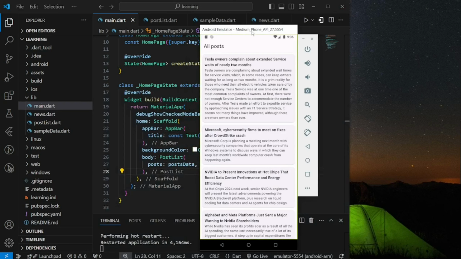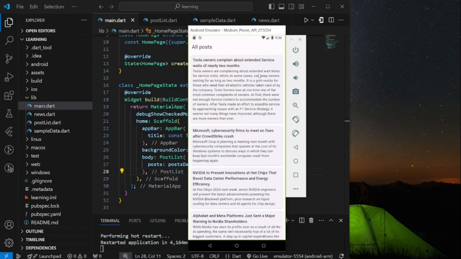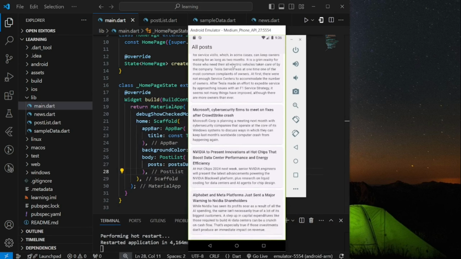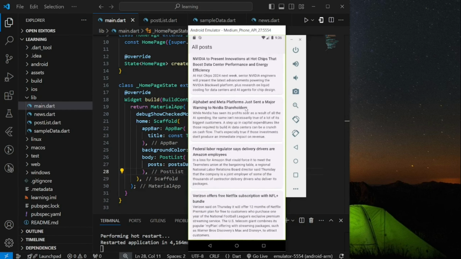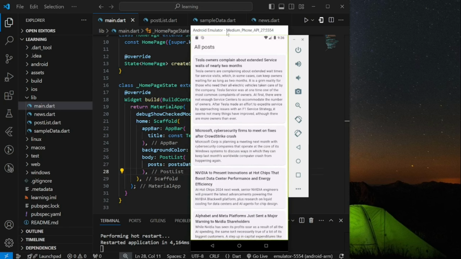Welcome back to the second part of the news app tutorial. In this video, we will be implementing a search bar with search functionality in the news app. Just a quick recap, in the last tutorial, we have created a simple news app layout. If you are new to Flutter or looking to start from scratch, make sure you check out the previous